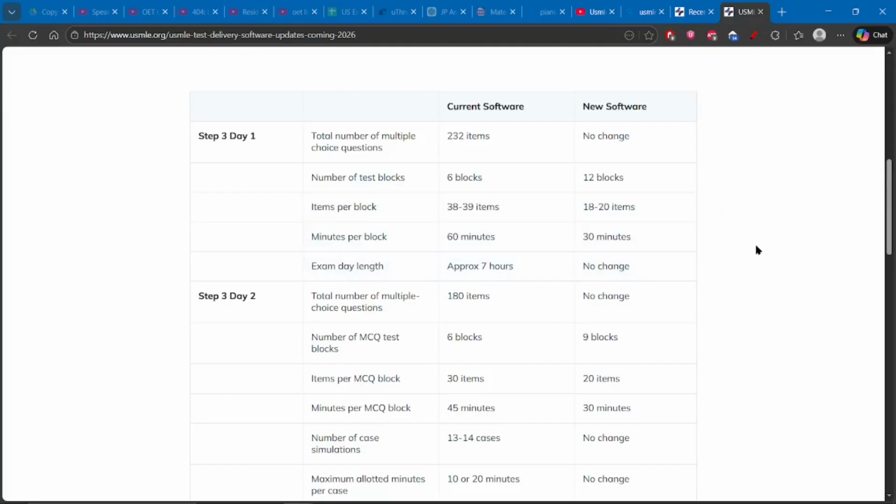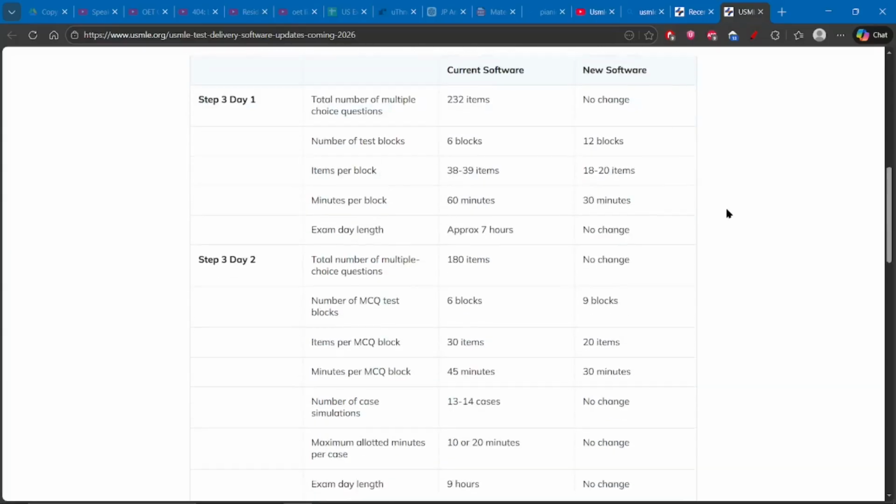The total day length is the same, but they have increased the number of blocks and the number of chances that you can get to take a break. The break time is also the same, but now they've allowed students to take more breaks between the questions. That's sort of a good change, I suppose.